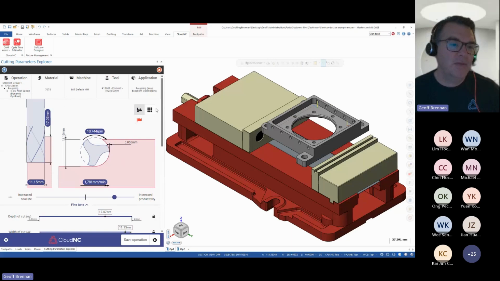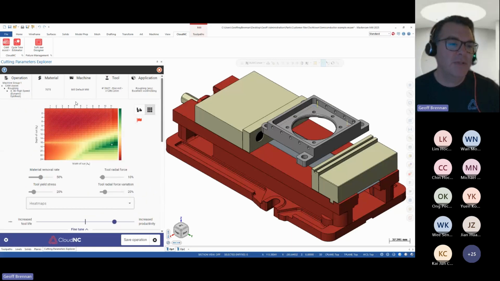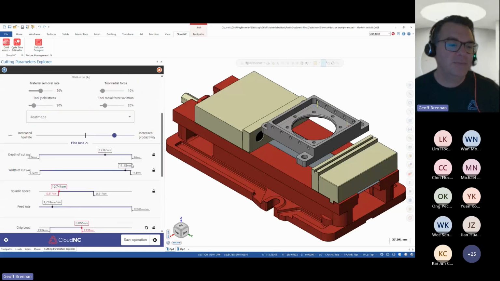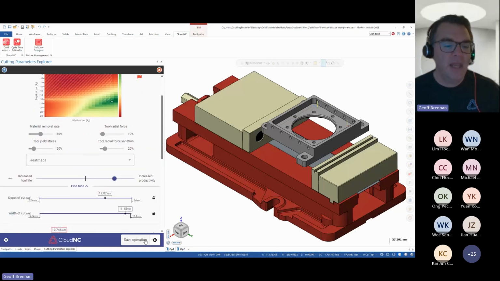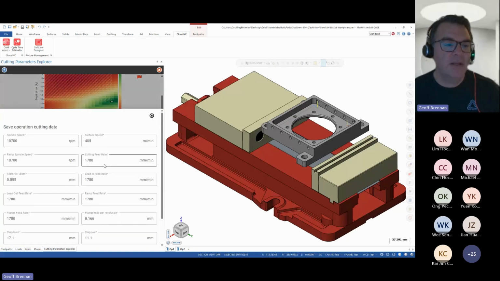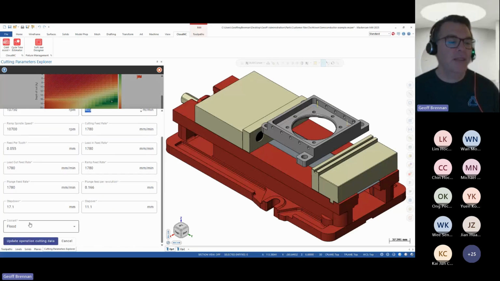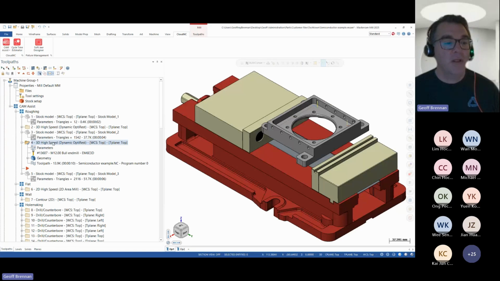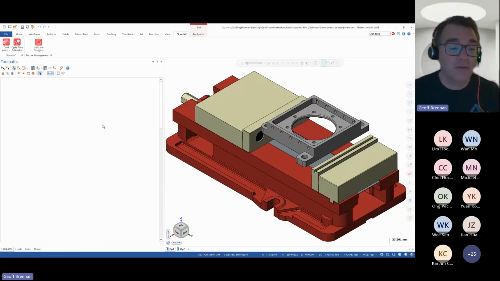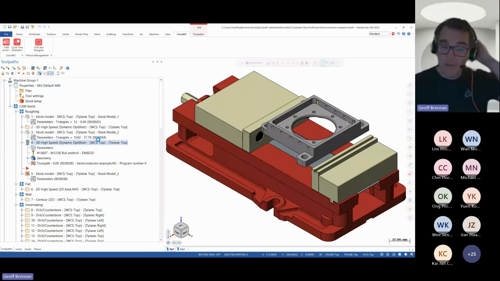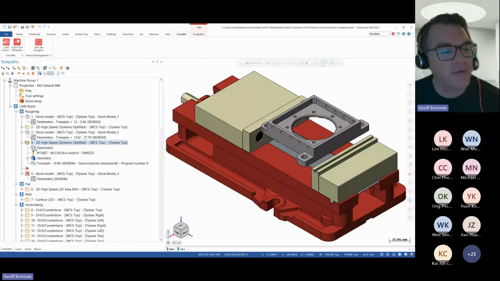I can change this view here as well to a heat map that gives us a representation of the tool geometry in those variables. So I could take those and save the operations out. If I hit this icon here, I can come in and actually see those variables. And let's say I just want to change that a little bit before I send it out, and then I can update the operation. So all I have to do on this toolpath now is just regenerate it, and then Cam Assist will apply those variables from the Cutting Parameters Explorer to that toolpath. Of course, there is a cascading effect on that next stock model.